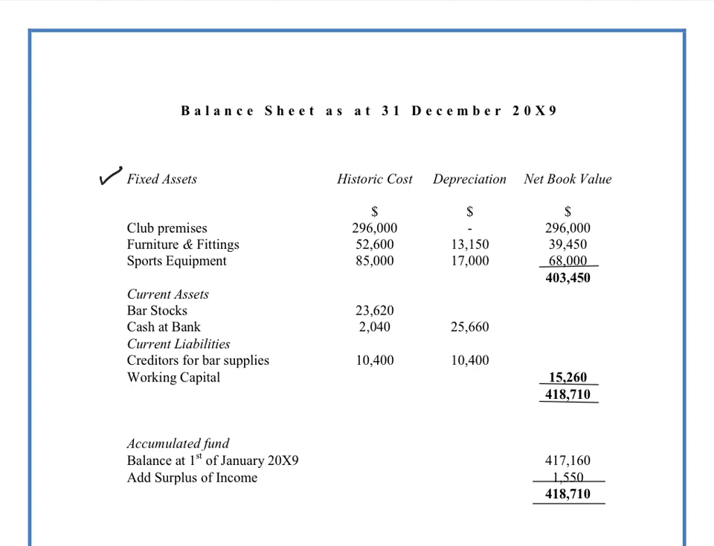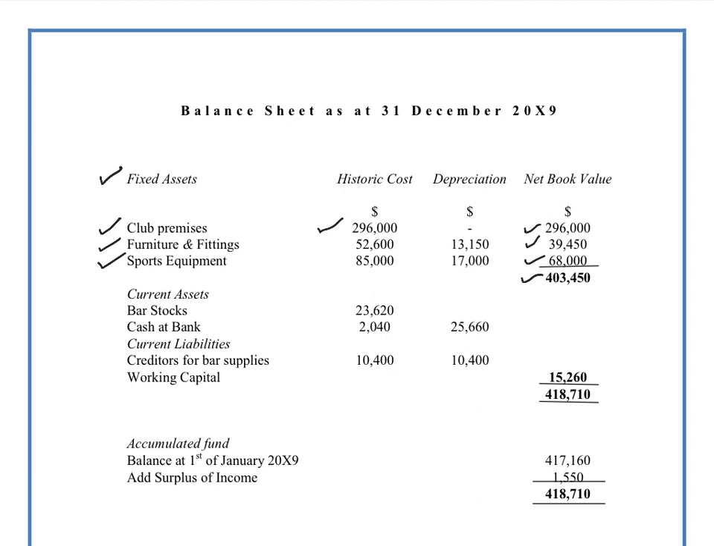So, in many cases, the football clubs actually own the football ground and any buildings that go along with it. So here we've got a pretty valuable football club. It owns the premises and the football ground worth $296,000. It also owns furniture and fittings that are part of the football club and sports equipment, which are valued at $39,450 and $68,000. So in addition to the club premises value of $296,000, this club is actually quite a fixed asset rich club because it owns fixed assets of